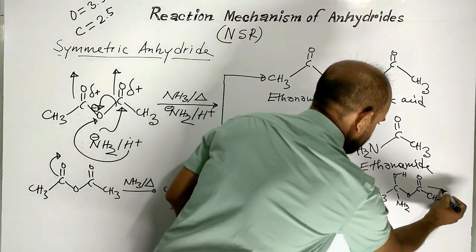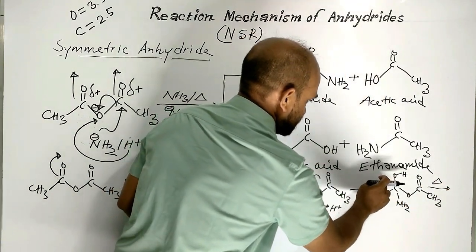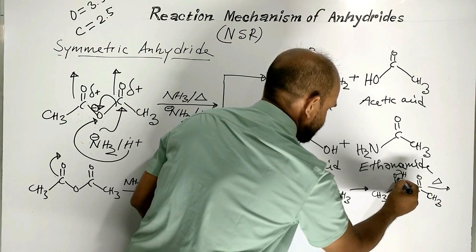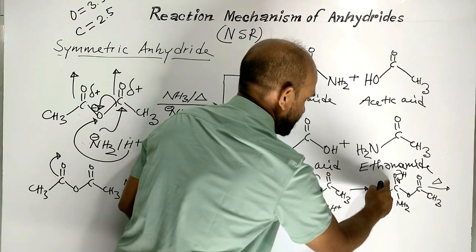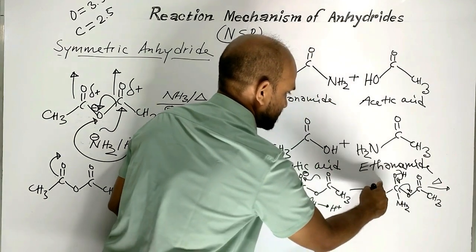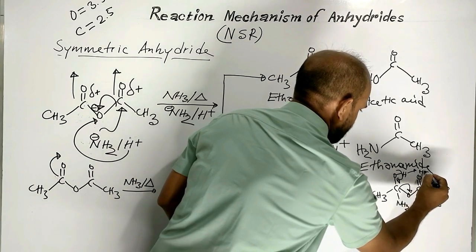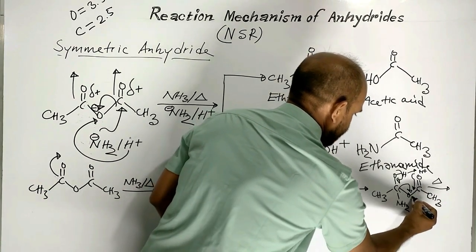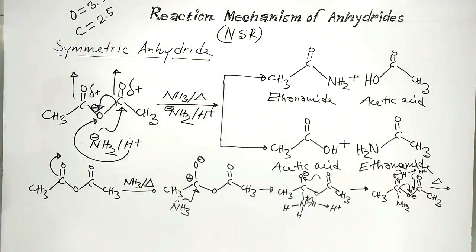We know that the reaction is conducted by heating. As a result, this oxygen hydrogen bond shifts here to form carbon-oxygen double bond. At that time, this bond undergoes heterolytic fission. This hydrogen gets freed as proton. This proton combines with this negatively charged oxygen. As a result, we are getting this one,